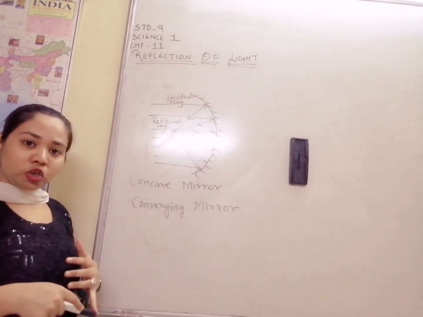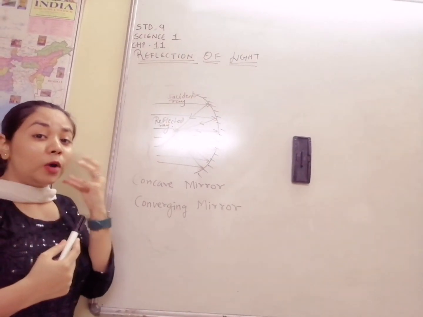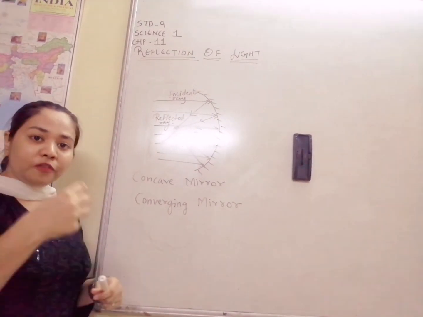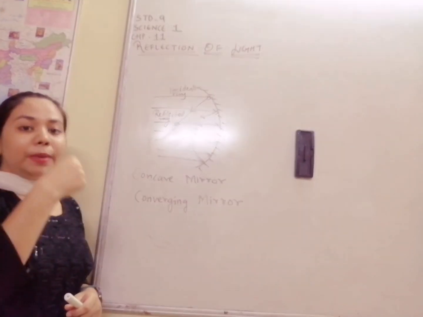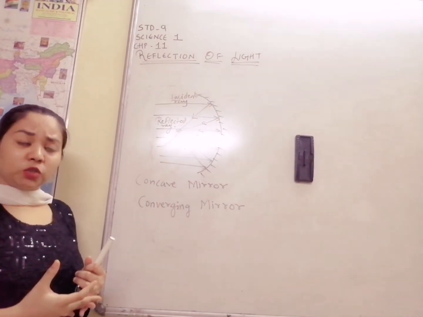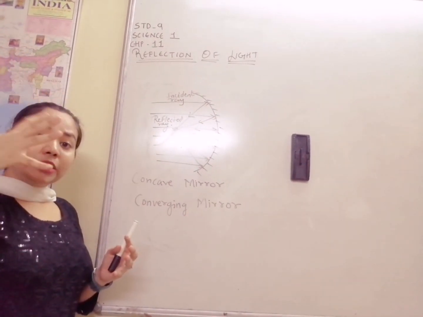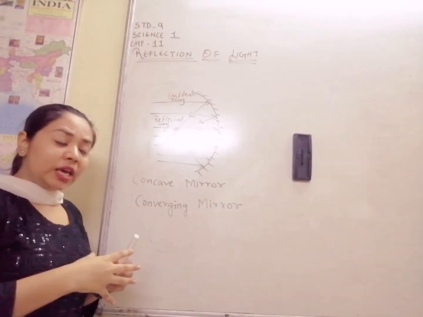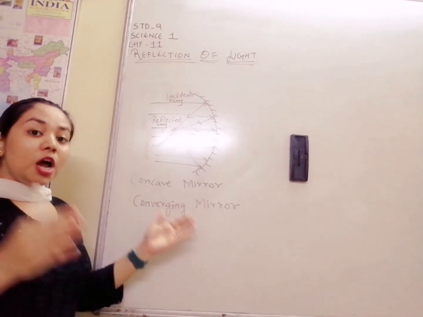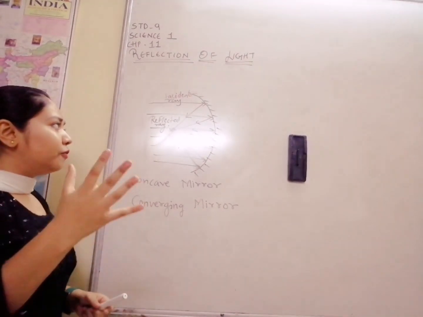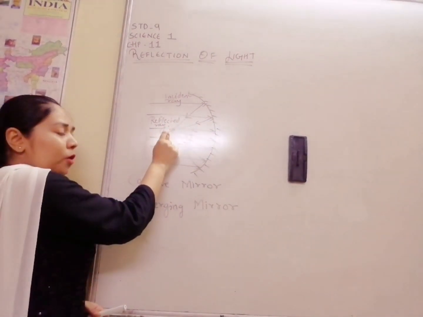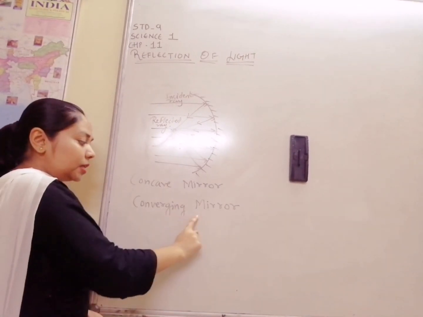Because of this, the uses of concave mirror are what? It is used in a barber shop to see at one particular point on a person's face. Also, dentists use this kind of mirror to converge the light on one particular place in the mouth. Then it is also used in solar instruments, where we need to focus all the rays of the sun at one single point. Concave mirror is used as a converging mirror. It collects all the incident rays and the reflected rays are at one single point. So all the intensity will come on this one single point.